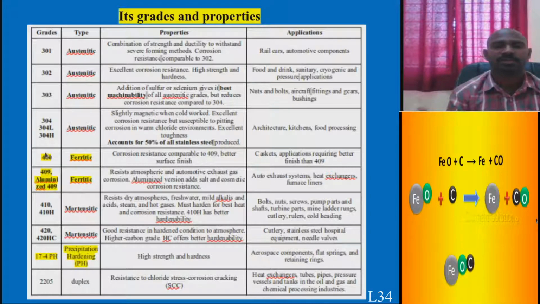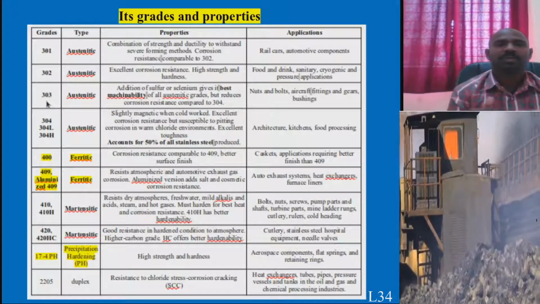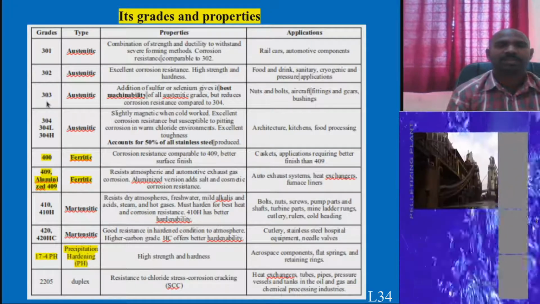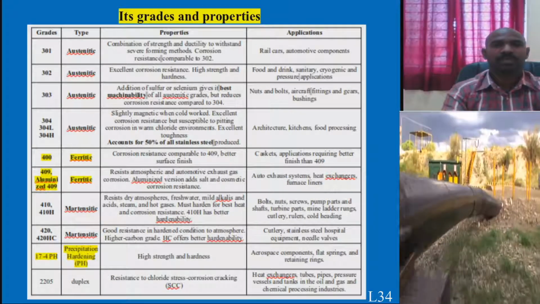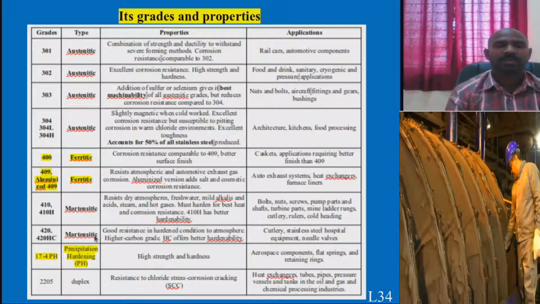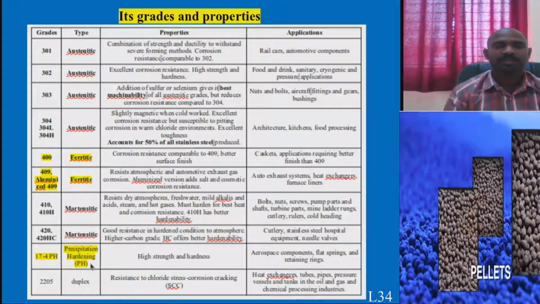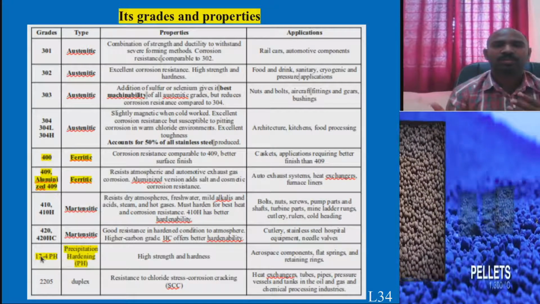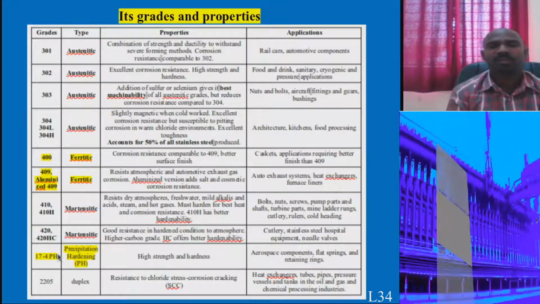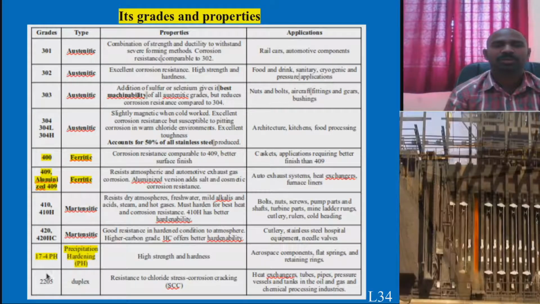Types of stainless steel and grades. 300 series means it is austenitic stainless steel. 400 series could be ferritic and martensitic. It usually varies with the number. 409 is ferritic, and 410, 420, as given examples here, are martensitic. Remember these numbers. And precipitation hardening is easy to remember. It appears like a number, a dash, another number and pH grade. Sometimes they will show it, sometimes they will not. And if you see 4-number grades, that is duplex stainless steel, easy to remember.